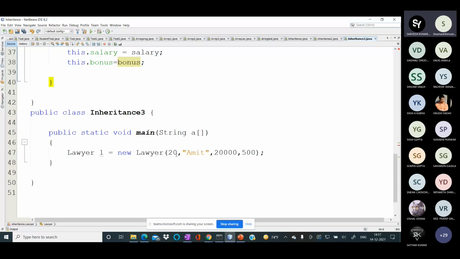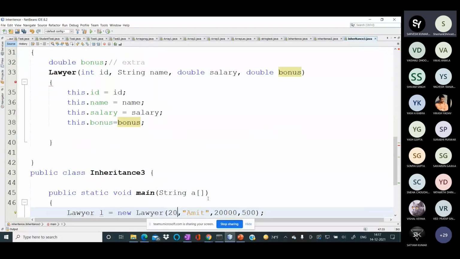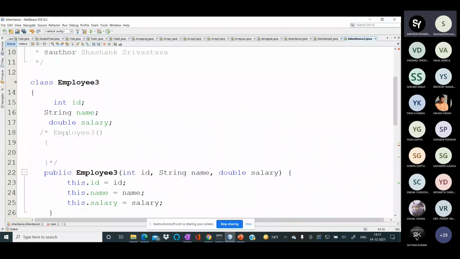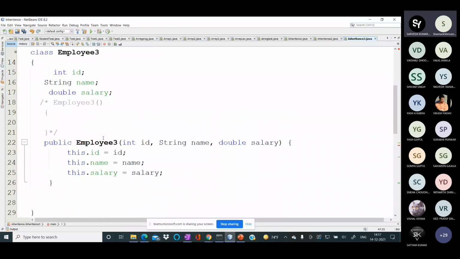There are four parameters: 20 is for ID, Amit is for name, 20,000 corresponds to salary and 500 corresponds to bonus. When you create the Lawyer class object, first the parent class object is created. But in order to create the parent class object, the parent class no-argument constructor is called. In this case there is no no-argument constructor or default constructor here.